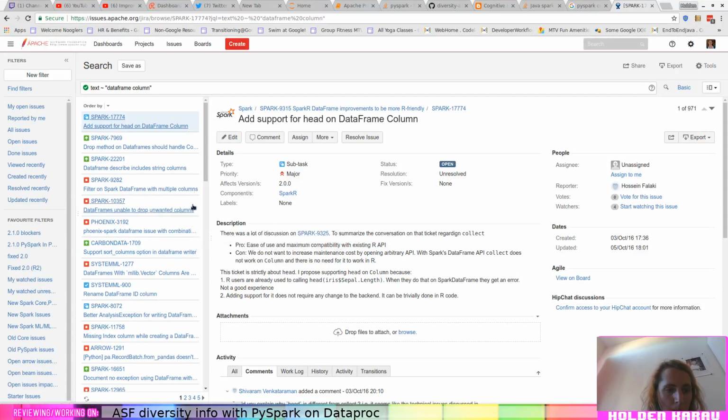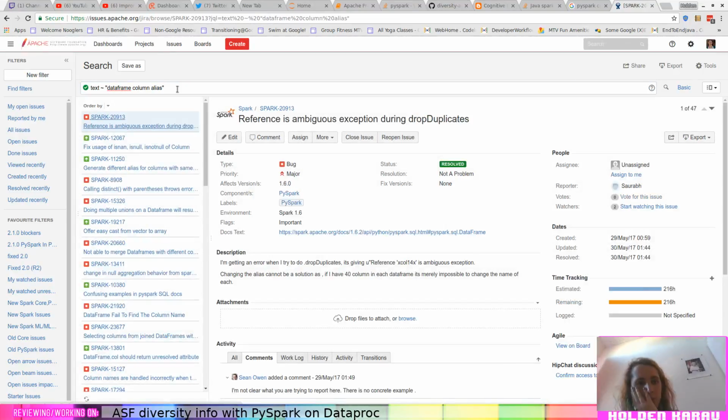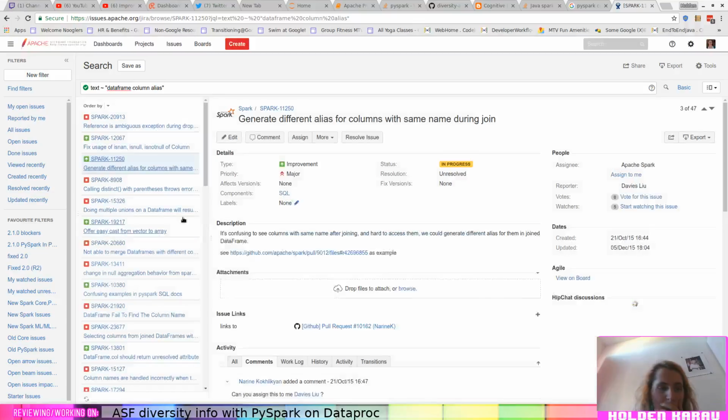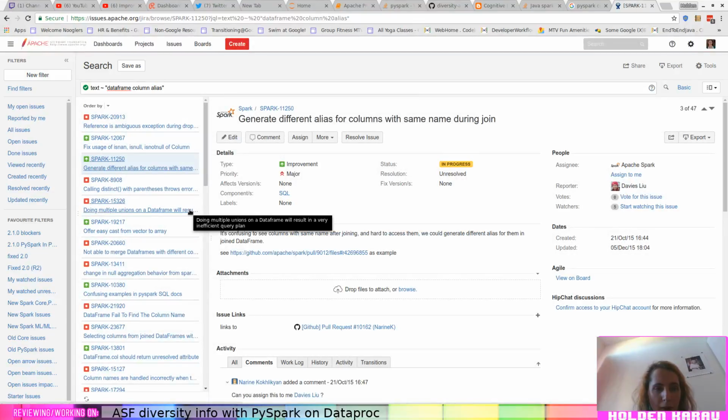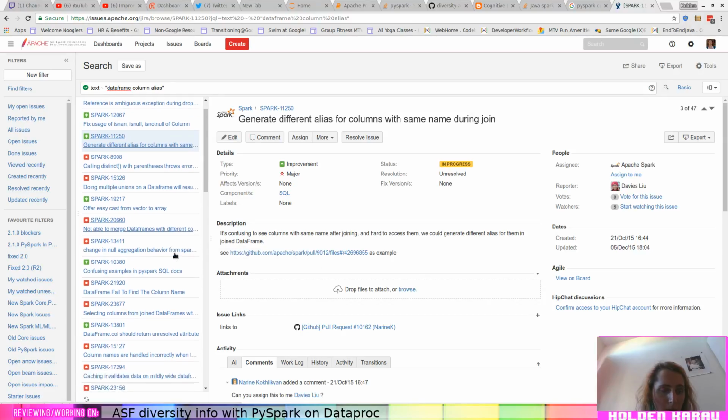Data frame column alias. Okay. Quasi-related. There.